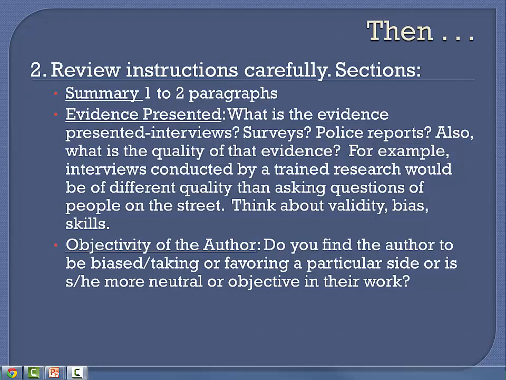Next, you'll talk about the objectivity of the author. By this, I don't mean the objective, what they were trying to do. You want to talk about whether the author, the person writing the piece, seems to be biased or favoring a particular side or not. And there are many ways that this might happen. Often when I ask this question in class, I'll ask, how might you demonstrate bias towards one side or the other? And sometimes authors do that with pretty clear language, but often it can be more subtle,